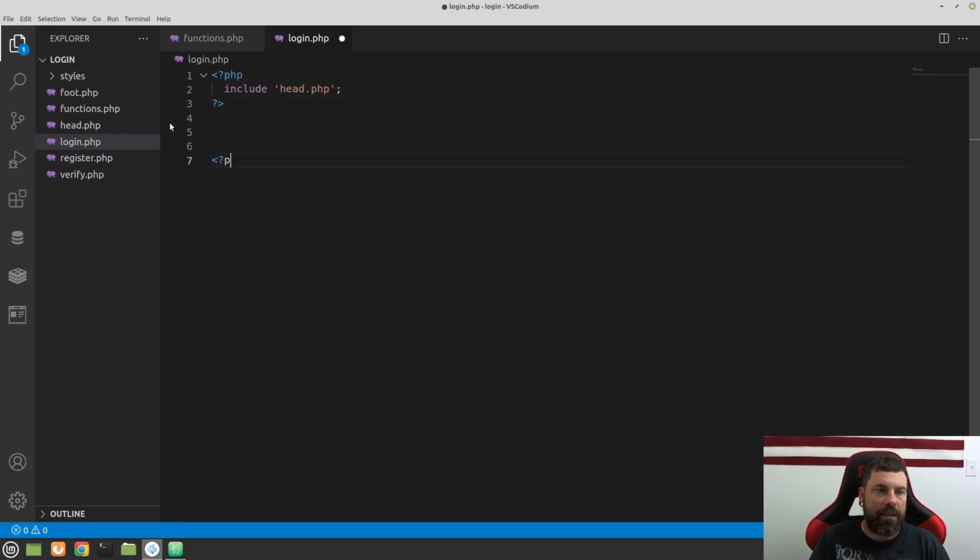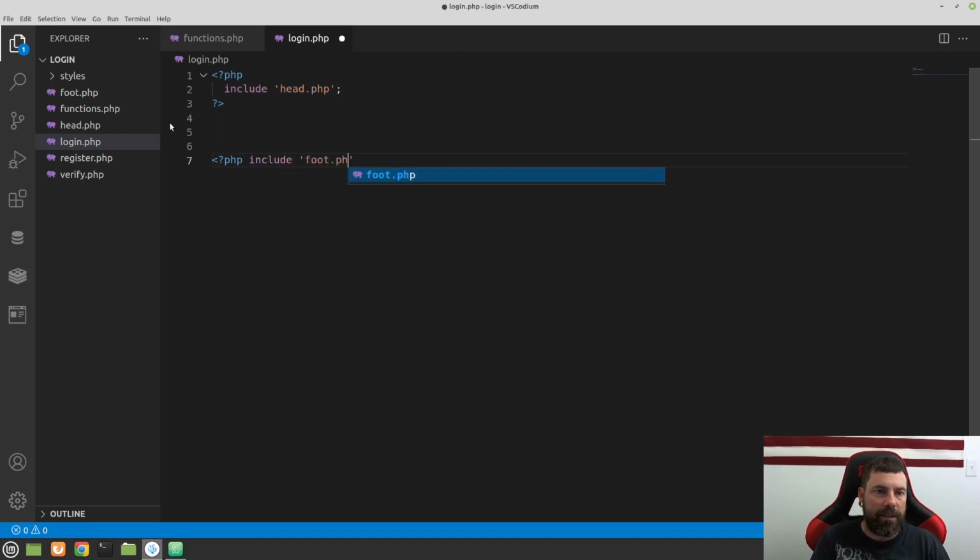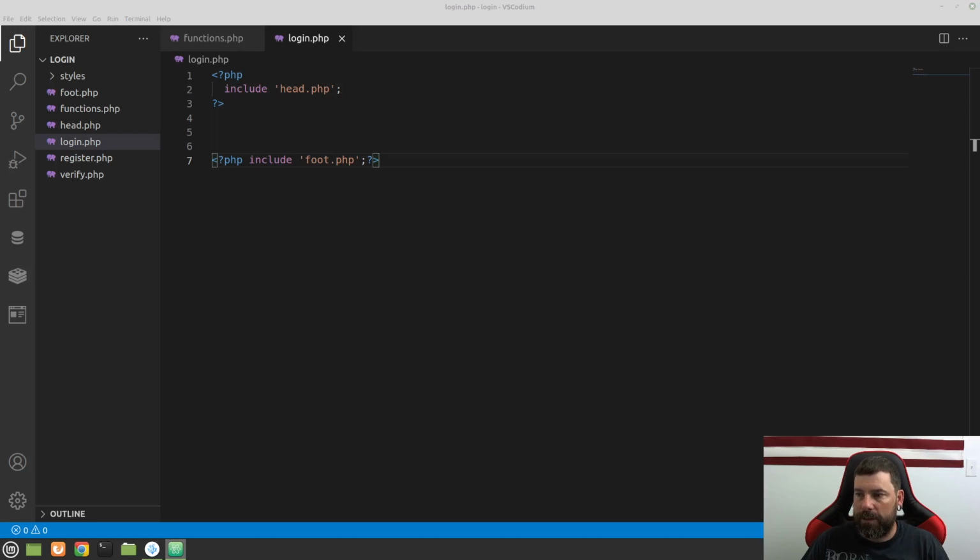This will be the end of the document, and we'll just go ahead and include our foot.php file there. So this will automatically include all of our boilerplate HTML that's in our head and foot from earlier on, and we will also have our functions.php file included as well. And so let's go ahead and start with the HTML portion of this. Down here, just in the middle of the page, between our PHP tags,